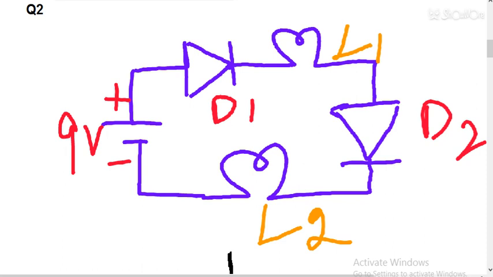Okay. So now see the question. Positive voltage is coming from this battery and this battery has enough voltage, so we have taken almost 9 volt in every question. This is enough voltage for the operation of 3 or 4 or 5 diodes. So this is 9 volt and positive voltage will go here, so that means this diode D1 will be forward biased, so it will act as a closed switch.